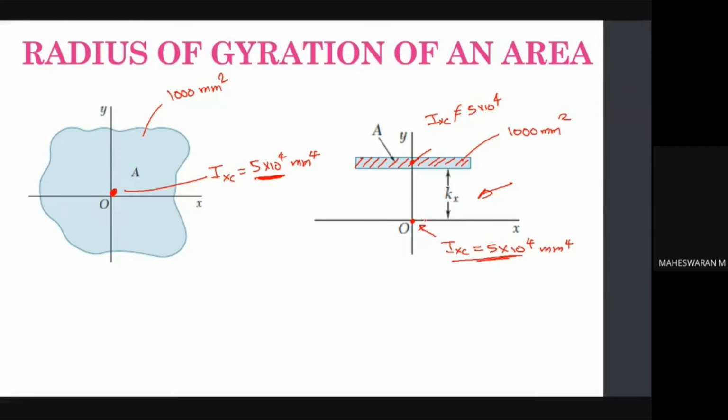Okay, so the formula for this is Ix is equal to k square into a. As I told you, second moment of area, k into a into k, right? So k square into a. Which means your radius of gyration is k is equal to root of Ix by a, right? So of course there are different radii of gyration. Radius of gyration for a mass will be root of I by m. So that is different. Okay.